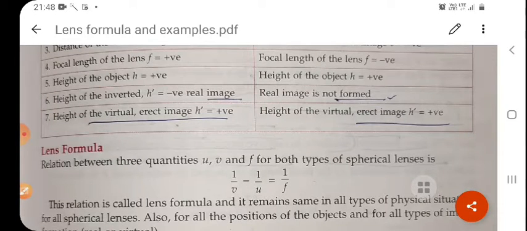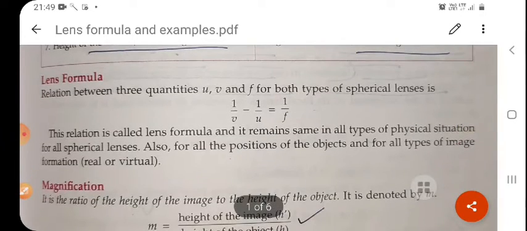So what is the lens formula? Lens formula is denoted by 1 upon v minus 1 upon u is equal to 1 upon f. Okay, what is v? It is the image distance, u is the object distance, position of the object, and small f is the focal length. Okay, here what is the change in the mirror formula? Here negative signs come in place of positive signs as compared to the mirror formula.